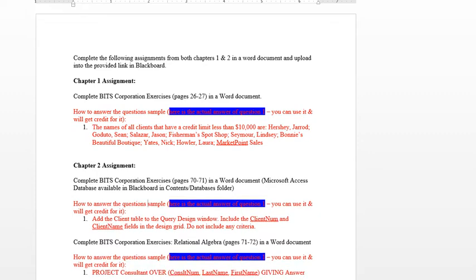Same thing for chapter 2. The first week we're covering 2 chapters. Here also it shows you the answer. That's how you need to answer it for this week's assignments, like the week 1 assignment. Please remember that